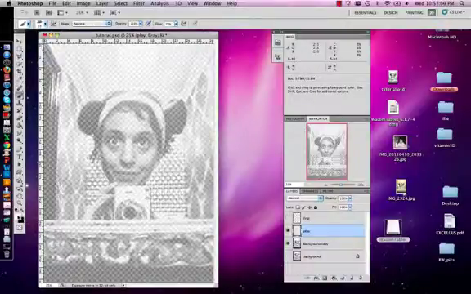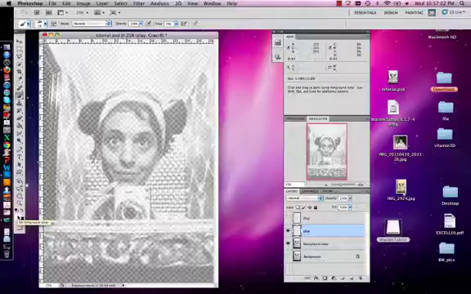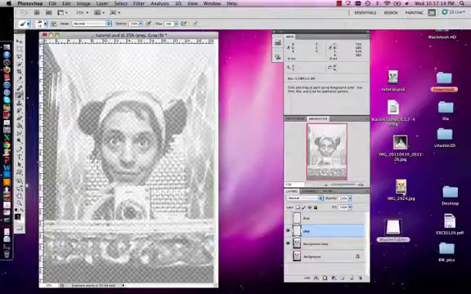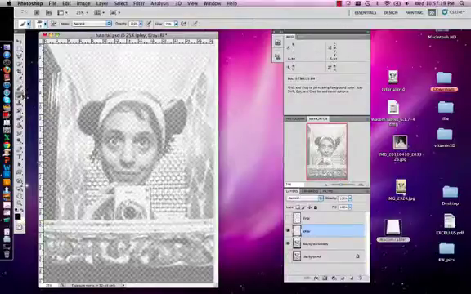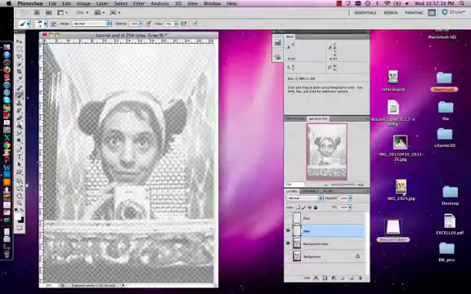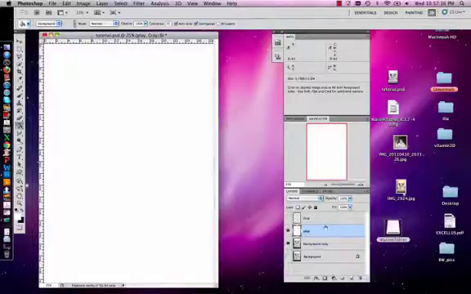When you hover over any of the tools with your cursor, you'll be able to see what each tool is. This indicates the foreground color, this indicates the background color, and you can switch them like so. Now my foreground color, the color I will use for my paintbrush tool, is black. But for my play layer, I'm going to dump white into this layer using the paint bucket tool. Then I'm going to switch the foreground color back to black,